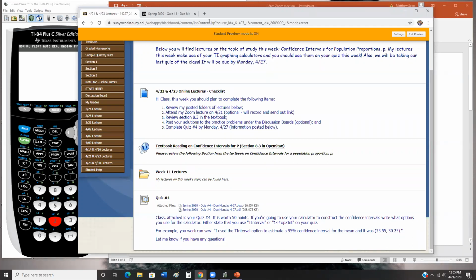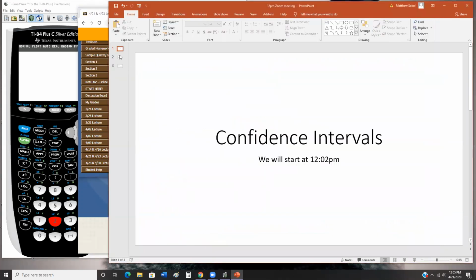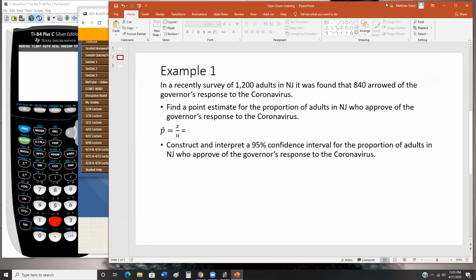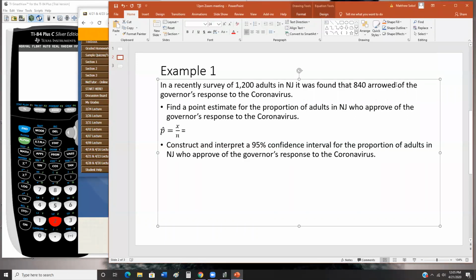Okay. All right. Well, let's go through two examples this week about these confidence intervals, okay? So here's the first one. In a recent survey of 1,200 adults in New Jersey, okay, so I just picked my home state. Now, I just made this problem up, so don't think this is real data, okay? It was found that 840 approved,